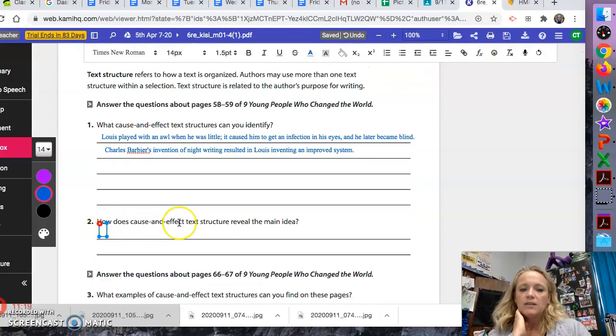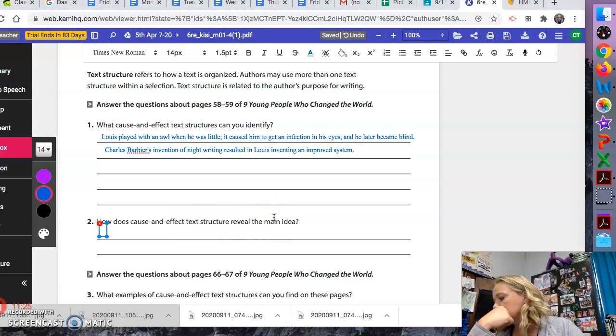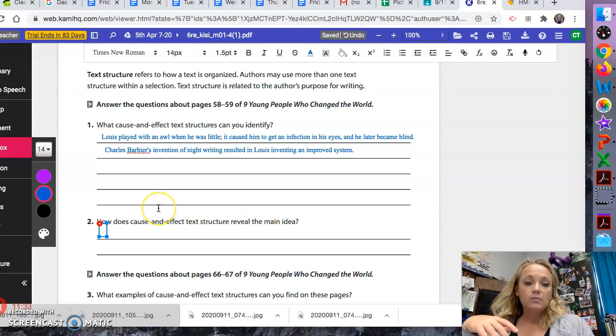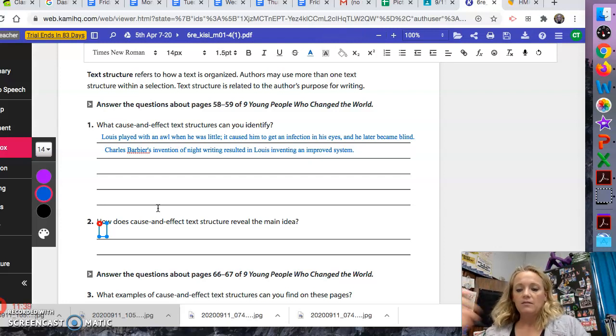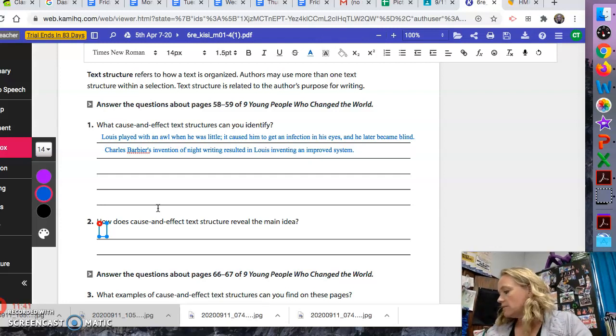And number 2 says, how does cause and effect text structure reveal the main idea? Well, what is the main idea here? This whole thing is about how he lost his sight, which caused him to invent Braille. So that is the cause-effect text structure. One thing caused another. So for this, all you have to say is